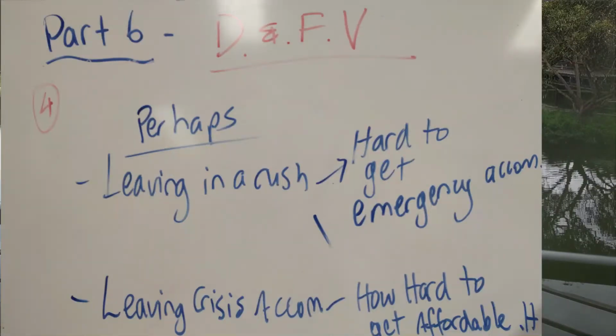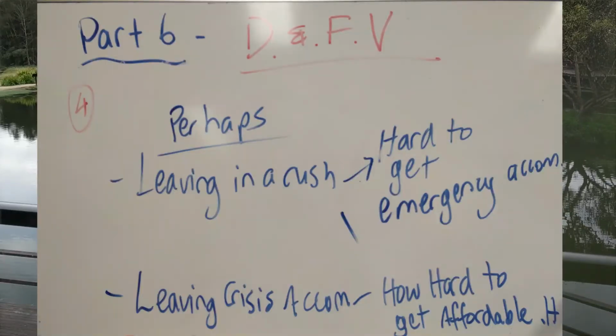We can only imagine the danger that may put the person, women, children, dependents, generally speaking, in most cases, at risk of being hurt or worse, who are trying to escape violence. So when leaving, it's a very vulnerable time. And you're leaving and there is no guarantee that you've got secure accommodation to go to, and that could put you at risk of homelessness as well. So that's B. And the other answer, D, it's about if you do access crisis accommodation and you're there for